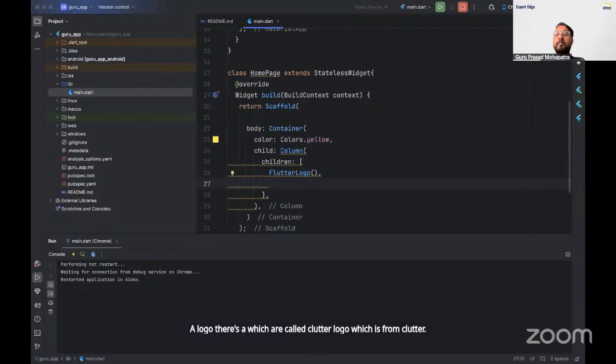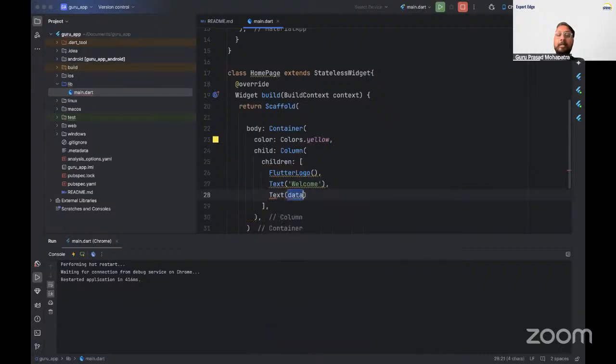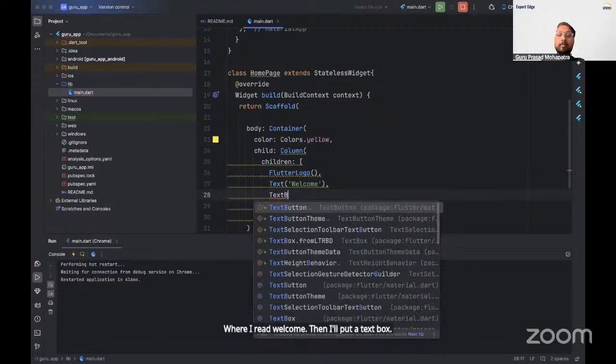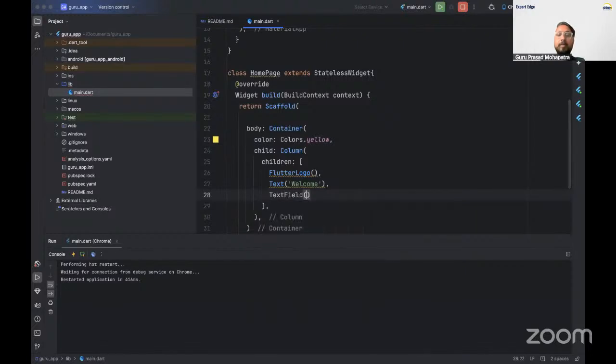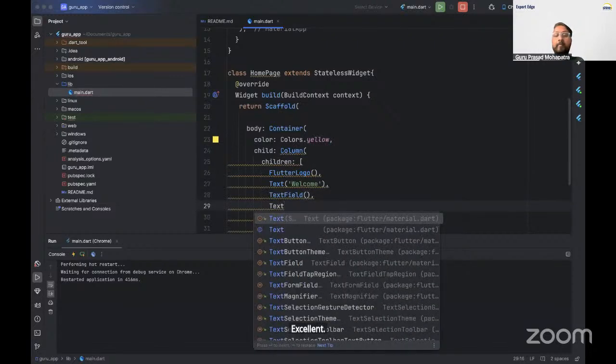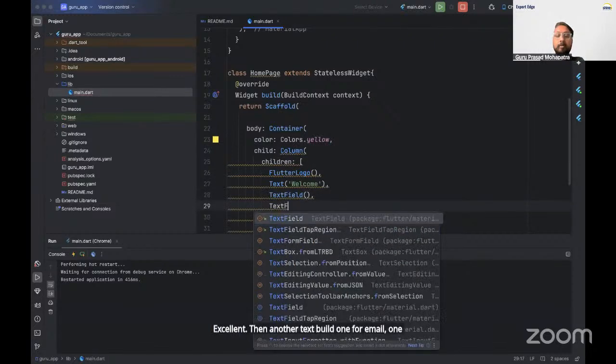Then there is another widget called text, where I'll write welcome. Then I'll put a text field, then another text field, one for email, one for password.